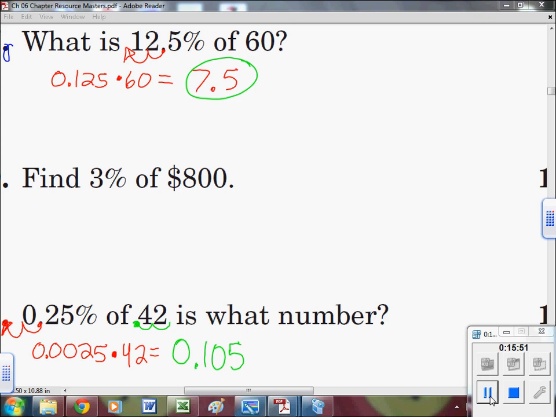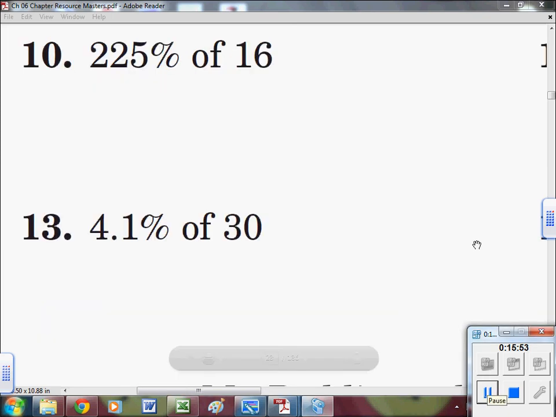So take a moment to reflect on these two examples. We're going to probably do about 3 more, then we'll be all done. All right, we're going to do the top question on the screen. It says 225% of 16. So we're going to do the same thing we did before. We're going to convert it to a decimal. So the decimal's there at the very end since it's not mentioning one. Move it twice, so it becomes